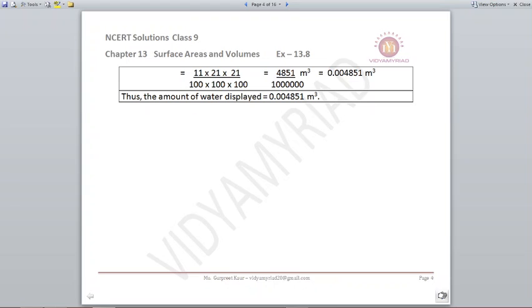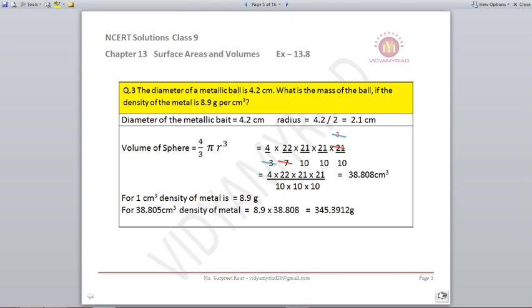The calculations are tough. Please do it properly and try to see if you have zeros in the denominator. Do not cut them, because it will be helpful in putting the decimal. So try to keep the zeros as they are and multiply in the numerator, so that you can easily count the number of zeros and put the decimal over there. Then your calculations will be much easier.